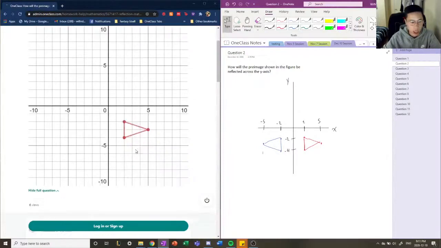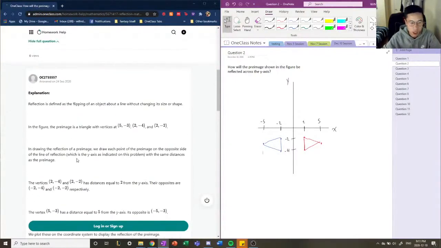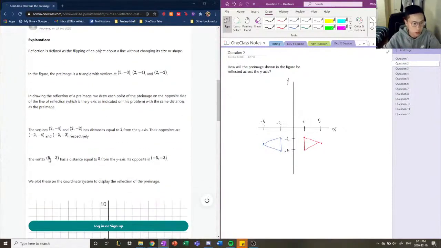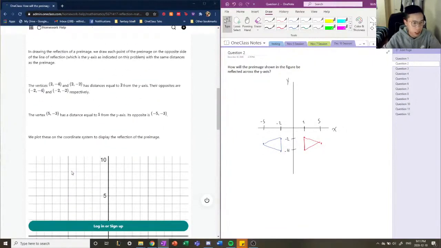Okay? So this is what the junior tutor wrote too. So they described what the preimage is and what the reflection means, and they noticed that for reflection we have to make sure our vertices are in relative distance to the axis itself. So they reflected it across the y-axis and made sure that these 2 points were 2 units away from the y-axis, and this point was 5 units away from the y-axis. Okay,